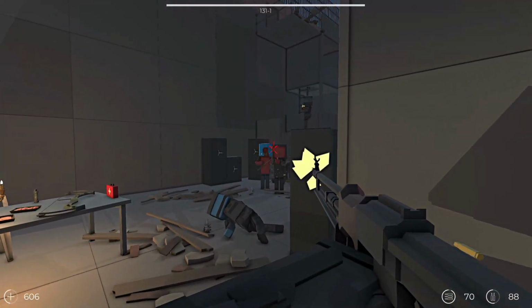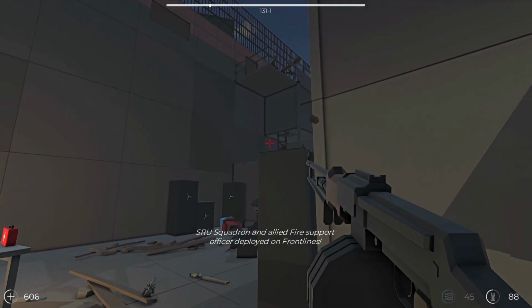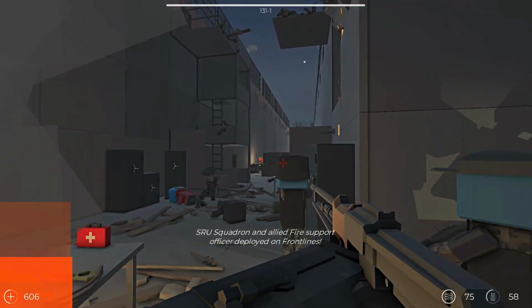I want to get to this medical kit, but I also want to keep pushing forward. Oh, these guys are advancing up for some high ground. SIU squadron and allied fire support officer deployed on front lines. That reminds me a little bit of